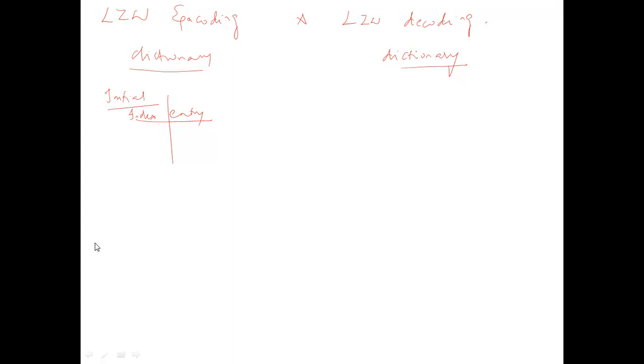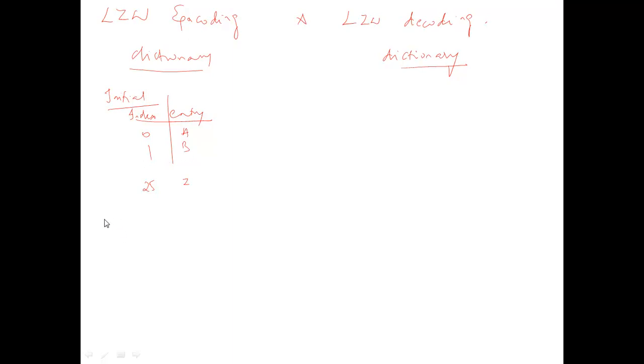Mostly, if you are having English text, the dictionary entries will have all the alphabets, say A, B up to Z. Say A is stored in index 0, B is in 1 and Z is in 25, totally 26 letters. If you are sending individual letters, direct encoding will be applied.